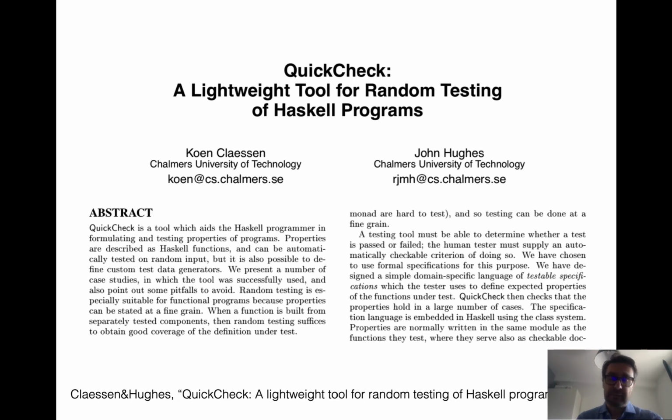I think the original paper was in 2000 or 2001. It was by some colleagues here at Chalmers. They are still around. Koen was the student of John Hughes, and they developed this early on during his research here. They called this QuickCheck because they imagined that you can just run a few simple checks on your code with these small properties